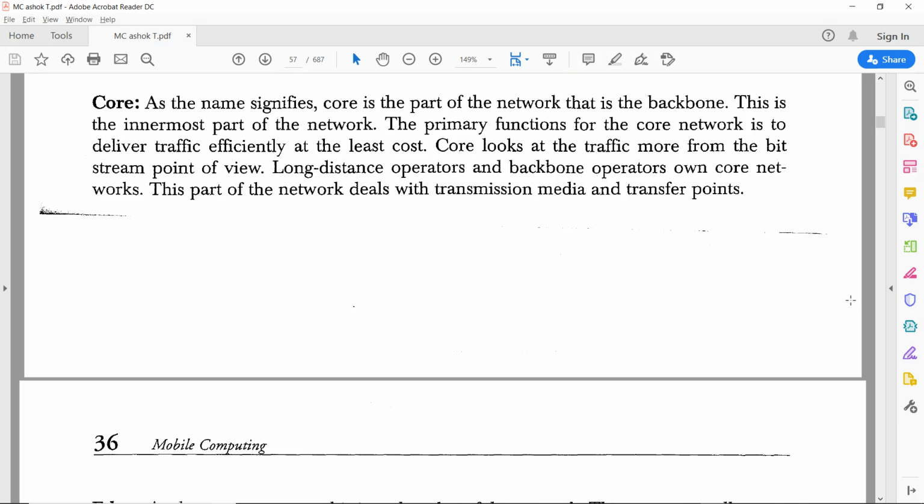So long distance operators and backbone operators own the core network. जो भी आपके लॉन्ग डिस्टेंस ऑपरेटर्स वगैरह होते हैं जहाँ पर आपको ट्रांसमिशन करना है लॉन्गर डिस्टेंसेस इफ यू वांट टू कवर, then there are separate operators or backbone operators which own their core network. Okay,